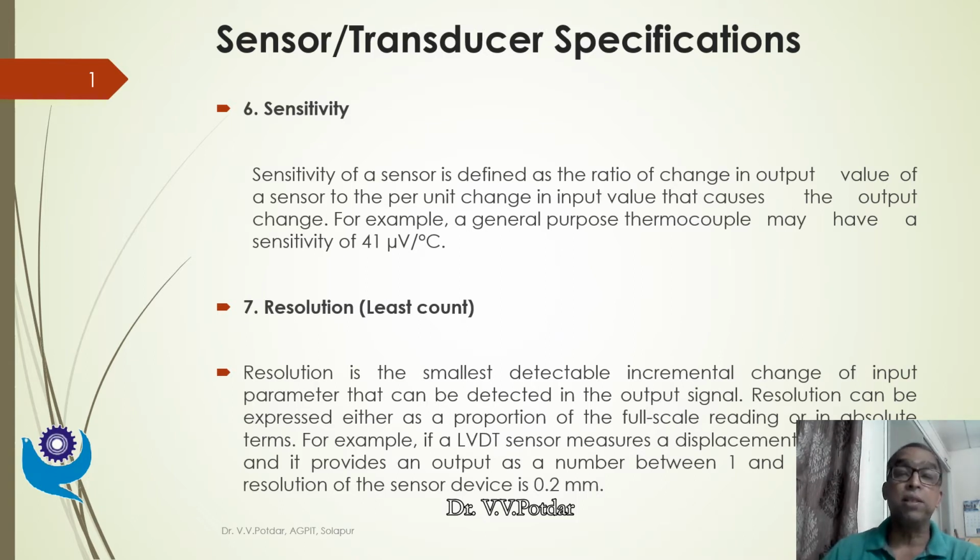In such cases, we require very sensitive instrumentation. With a slight variation in temperature, maybe to the tune of 0.1 degree Celsius, immediately my transducer should give me output, and accordingly the corrective actions are required to be taken. So in certain situations, we require highly sensitive